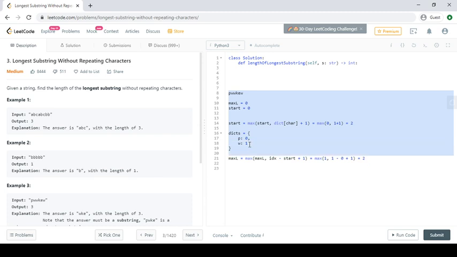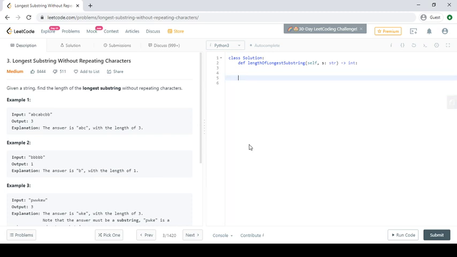So let's start coding for this. We are going to create a dictionary to hold the values. Now we'll create a variable for the answer and our start position as 0, and then we'll loop in s, taking the index and character from it, and then we will check if the character is present in the dict.